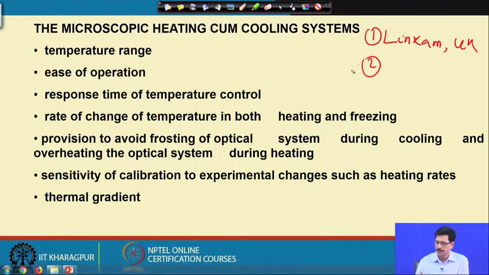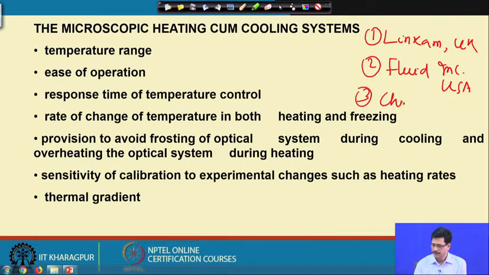There is the stage which is available from Fluid Inc., a company in Colorado, USA, and there used to be Caimeca, French, and these days there are many other devices which are being manufactured by many companies with multiple applications